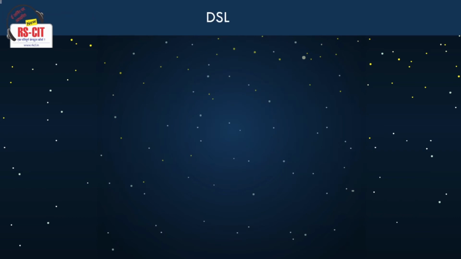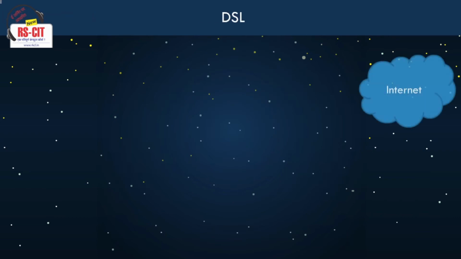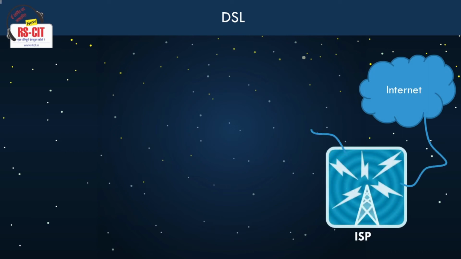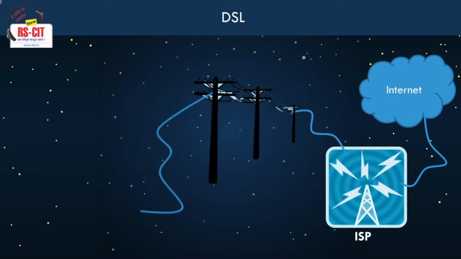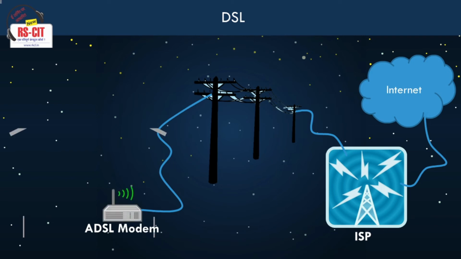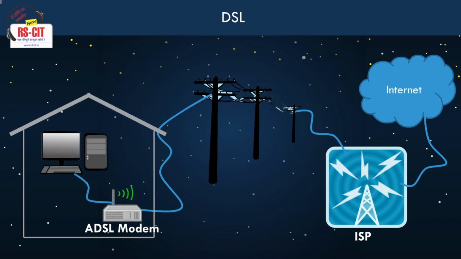DSL, Digital Subscriber Line. DSL service uses a broadband connection which makes it much faster than dial-up. However, it is unavailable in many locations, so you'll need to contact your local ISP for information about your area. DSL connects to the internet via phone line, but does not require you to have a landline at home. Unlike dial-up, it will always be on once it's set up and you'll be able to use the internet and